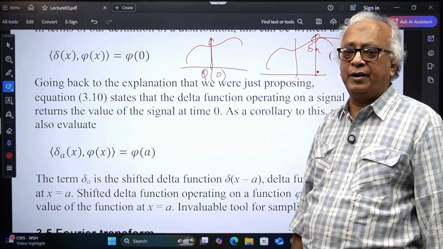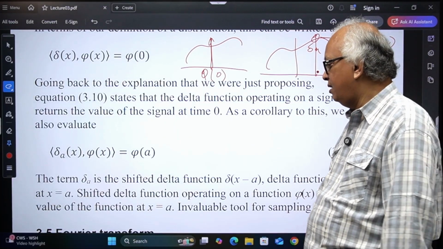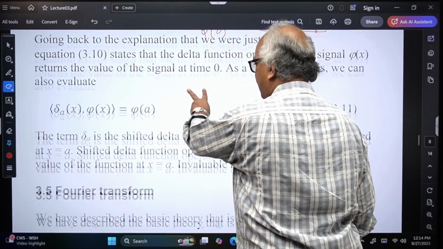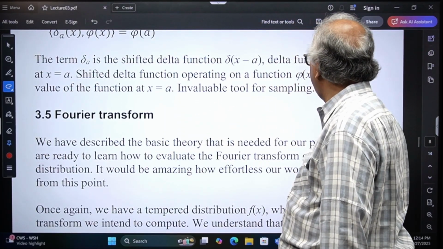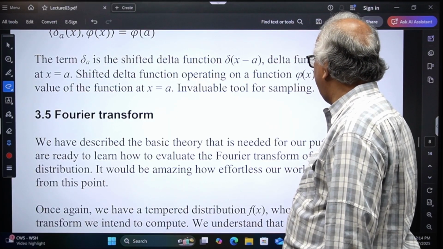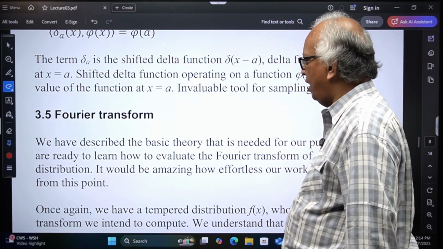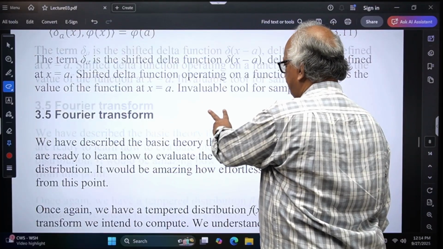Extremely powerful in sampling. Delta A is the shifted delta function delta x minus a. Invaluable tool for sampling. Okay, finally